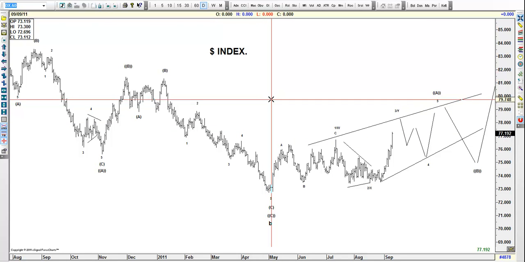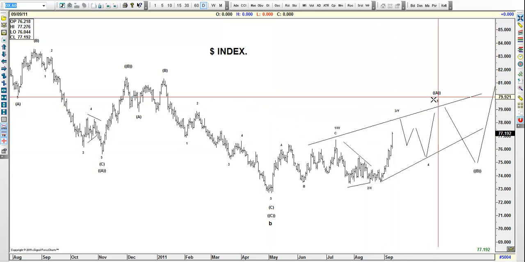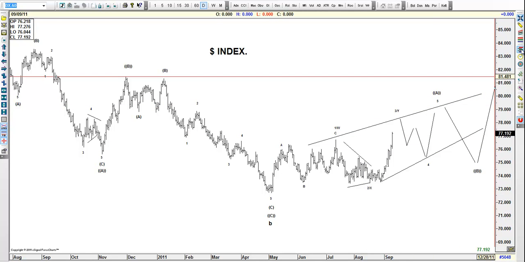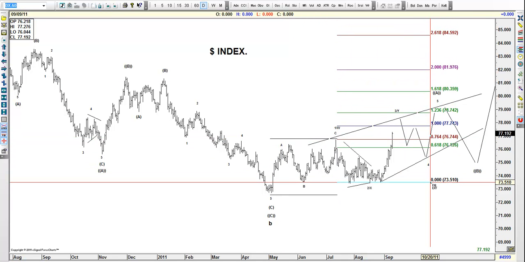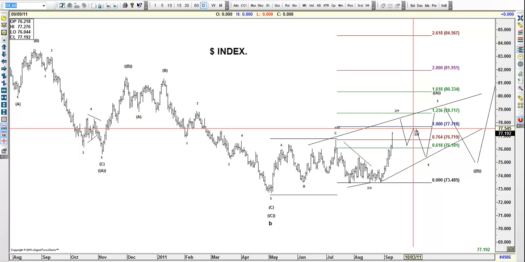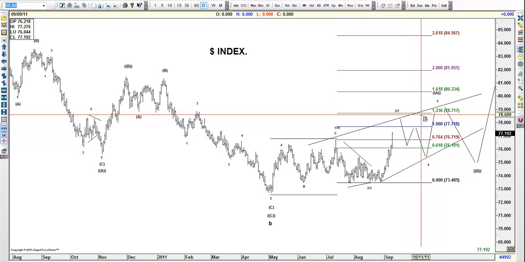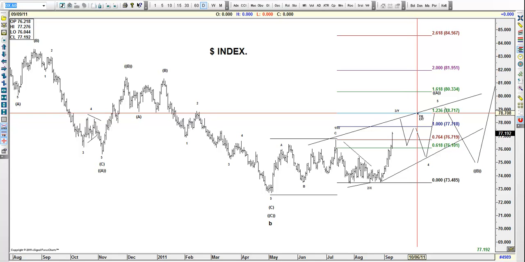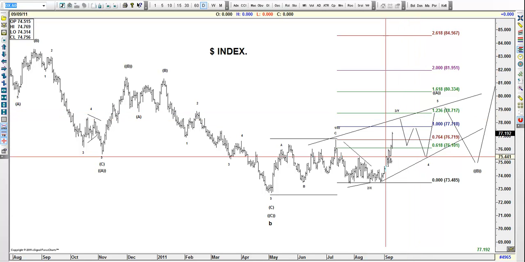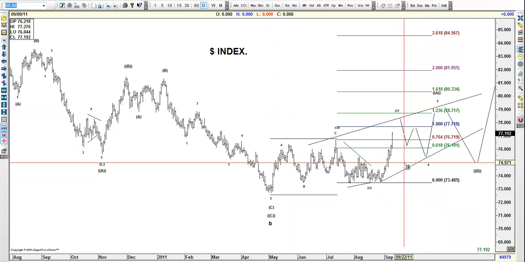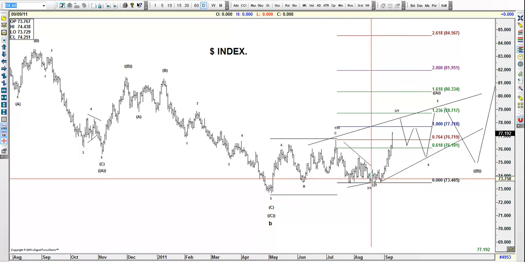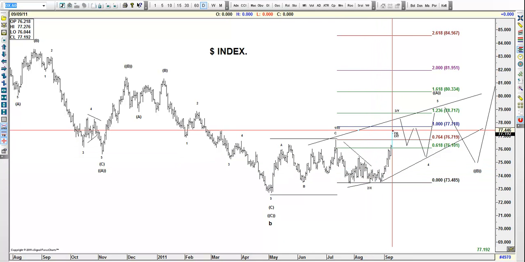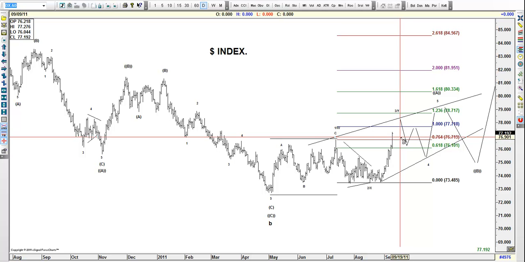Right now it's close to 77.20. I want the dollar to close about 77.71, an extension 77.78 to 77.71, to start feeling more US dollar bullish. Now, again, the dollar can be counted as a bullish count: 1, 2, 1, 2, 1, 2, and a breakaway in wave 3. That's possible. I'm not denying that.